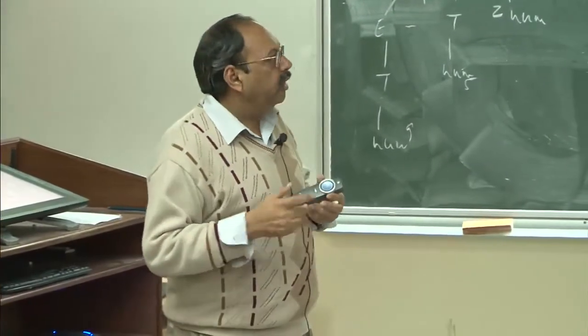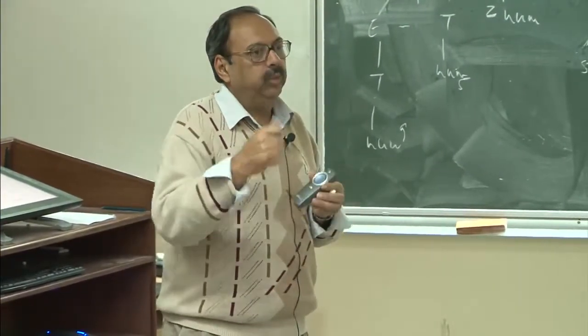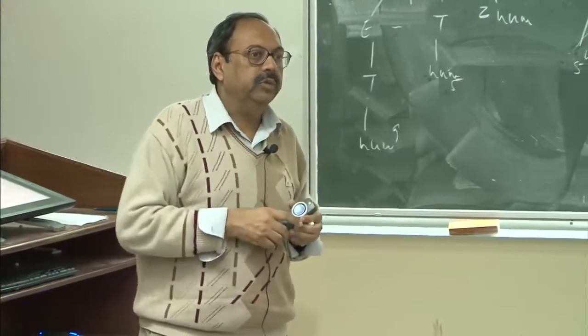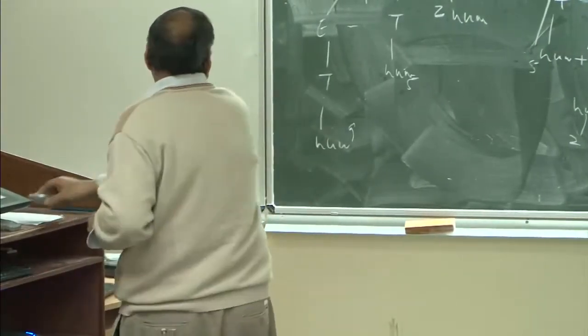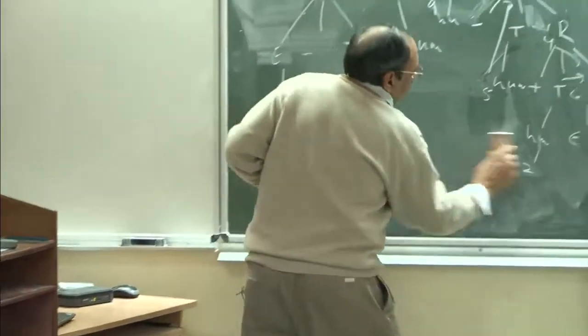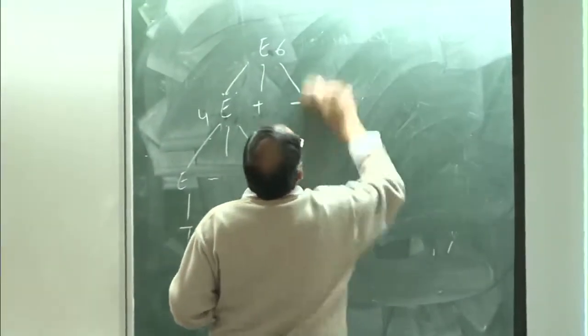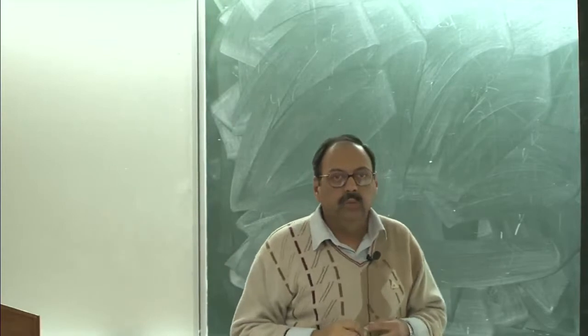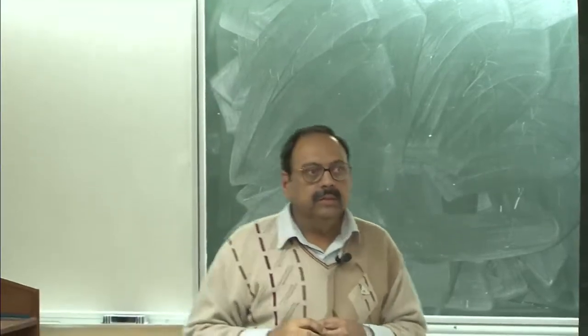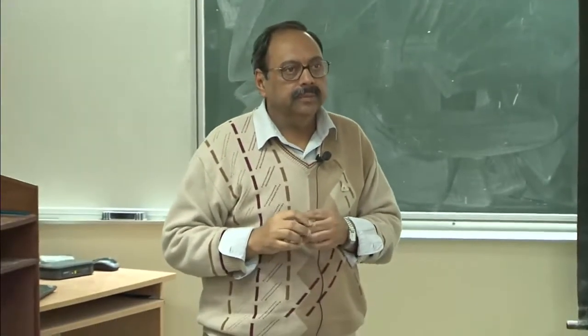Now, how do I first convert an L attributed definition which has inherited attributes into synthesized attributes? So, let us take this one. Let me just pick up one of the rules here, and do you remember how we evaluate all the synthesized attributes using a bottom up parser? What did we do there?